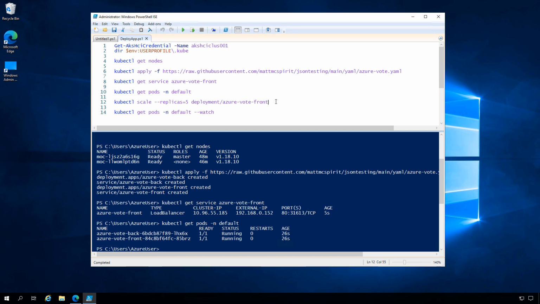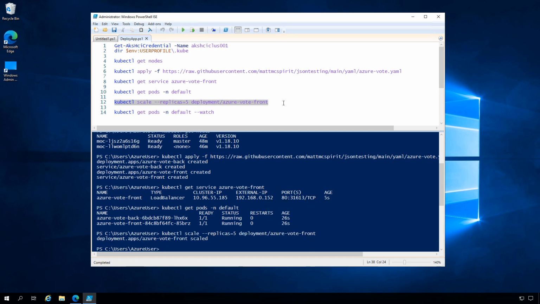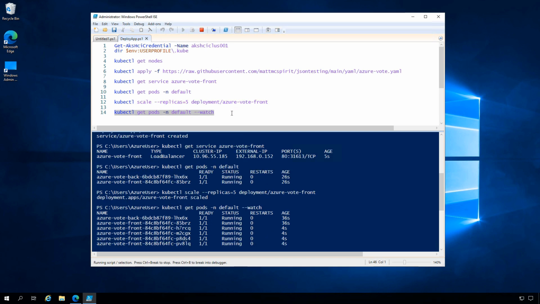Now if you remember back in the YAML file, I know it was pretty quick, but in that YAML file it just specified a single replica for each of the key building blocks of this application, the back end and the front end. If I need to scale that out, then I can run the scale command with kubectl. In this case, I'm specifying replicas 5 for the front end, and you'll see if I watch that, that's going to start deploying. In this case, they're already running because it's so rapid to spin up new containers. So there's now 5 front ends running for the application and 1 back end.